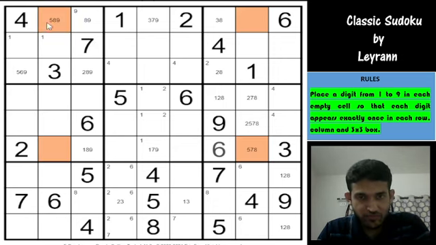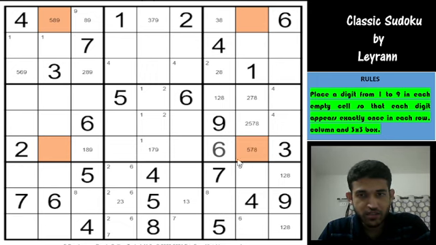Okay, so you would have identified what is the technique we are going to use at this stage. Of course, this is an X-Wing. So in row 1 and row 6, if I ask myself the question, where can the digit 5 go? 5 has exactly 2 cells, right? 5 can either be in row 1 column 2 or row 1 column 8. And if you look at row 6 and ask the same question, where can 5 go? 5 has exactly this cell or this cell,